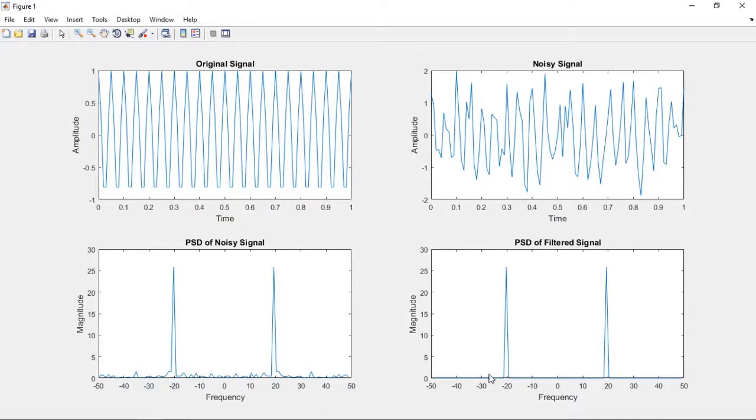So thereby this noisy spectrum is removed, and we have the pure 20 Hz signal, the PSD filtered signal is obtained. Thereby we are able to remove the noise from the PSD. From the computed values also, we are making the insignificant values 0, and we are able to recover back the original signal with a lesser amount of noise.